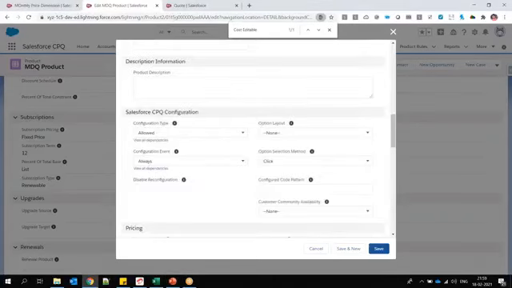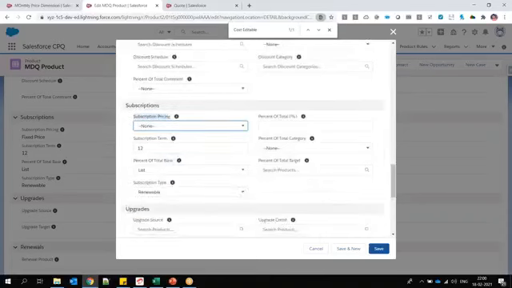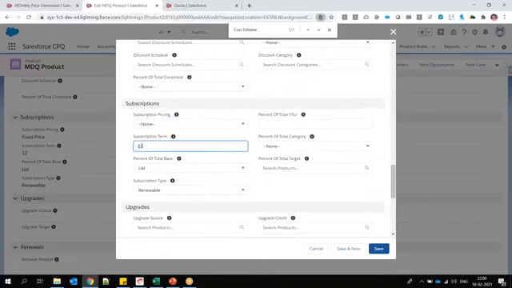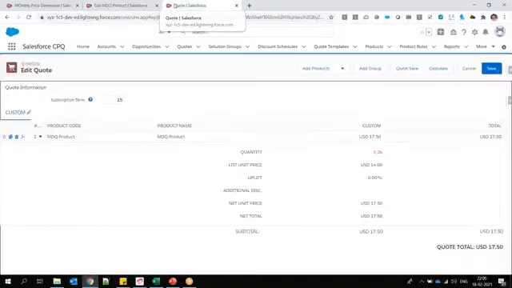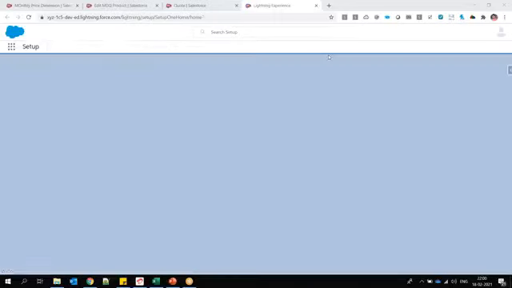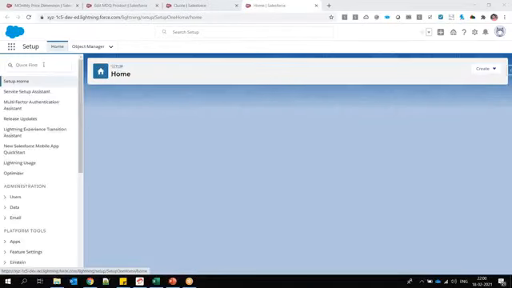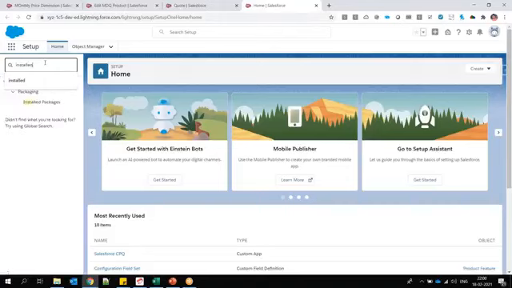For example, you are selecting subscription term here. If it is 12, right now we are seeing 12 months, but how can you change this to 12 days? You can change it at package level, right? Let me show you otherwise. We will be discussing those, but that's fine. Let me discuss there. So if you go to the installed package,